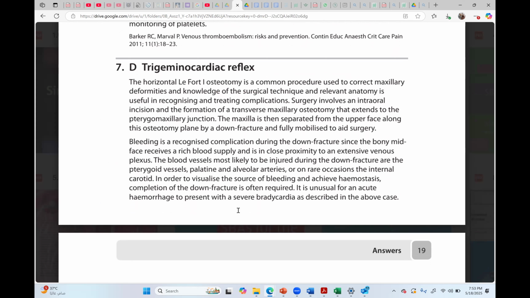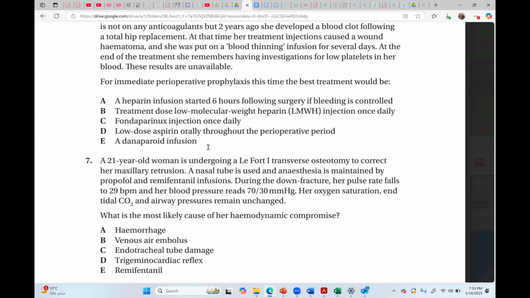Again, the facial-maxillary surgery, some of the procedure you should know about it. And again, because the majority of people are relatively new for me in this session, remember one thing: whenever we prepare any scenario-based question, even in this question, one is the category of patient, like 21-year-old. Here there is no medical disease, but in a number of conditions there will be some medical disease. And the third will be the surgery. So you have to take care of three things: the patient category, the medical disease, and the surgery.